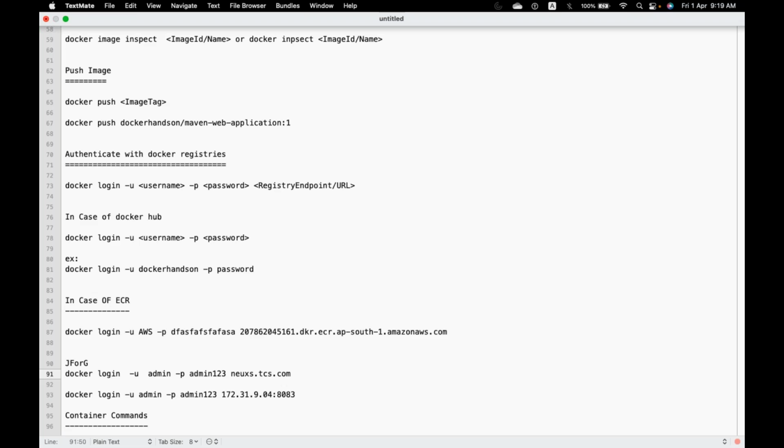So who will manage it for us in the background? AWS. And at the same time, do we have authentication in place? Which means whoever has access to that AWS ECR, they only can push and pull. Can anyone push and pull without having access to that ECR? No. So can I secure my images to only the people who are working for that project or for that company